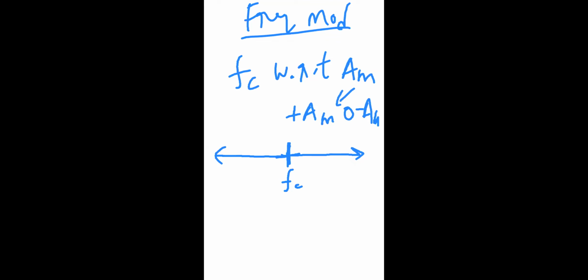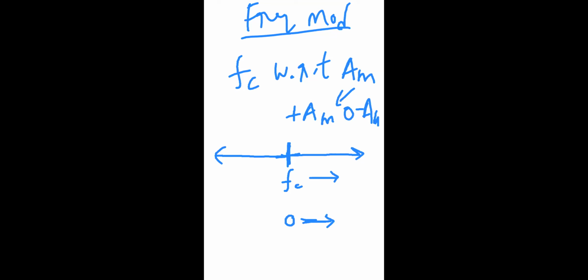Okay, then what is the mapping? How am I going to vary the carrier frequency with respect to my message signal? The idea here is like this. If my message value is 0, I will be transmitting only the carrier frequency. Then what is the observation at the receiver? At a particular time, if I am receiving only the carrier frequency, then the message value is 0. Then what happens when my message amplitude value increases? That frequency also will increase.